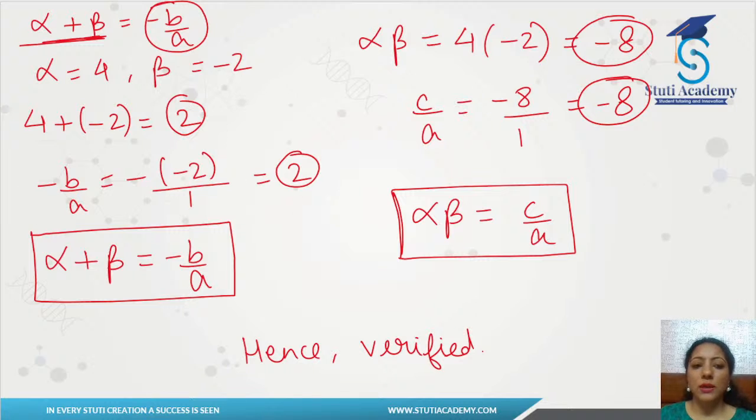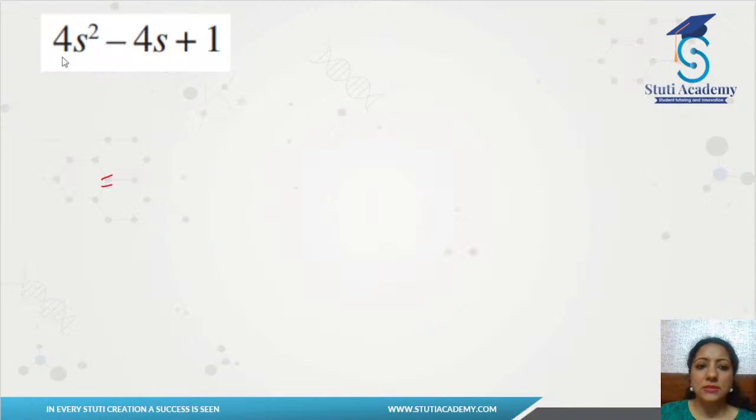I hope you've all understood this. We'll do one more question of this type. So, in the second part of this exercise here, it's given 4s square minus 4s plus 1. This is the given polynomial. We have to do the same thing. We have to first find the zeros of the polynomial,